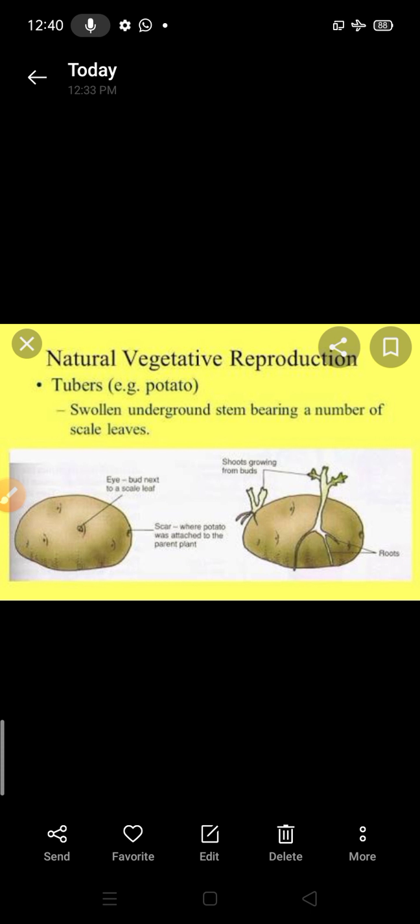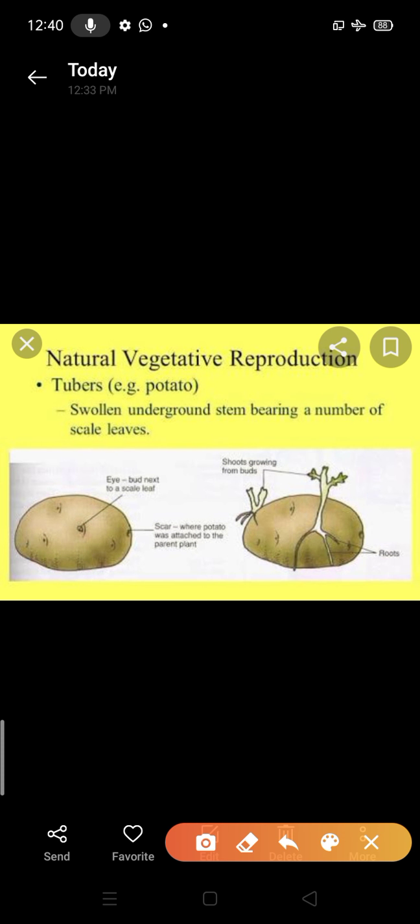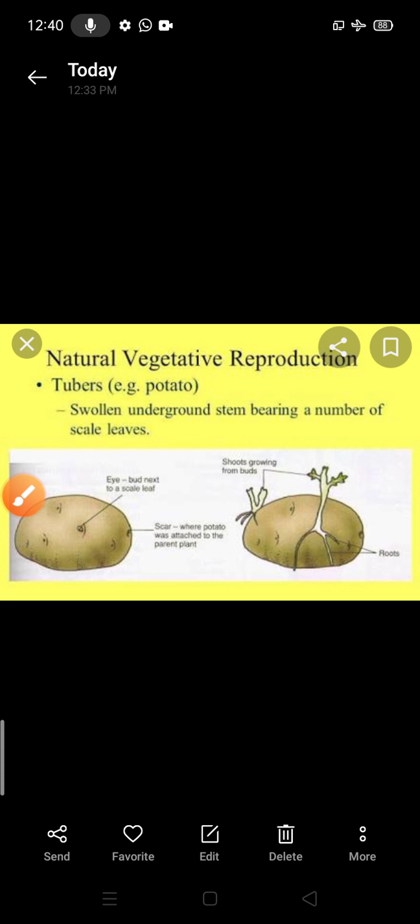So it is not necessary to plant the whole potato. If you cut this potato in several pieces, clear? Each and every piece is able to develop a new plant. It's about the vegetative reproduction in potato tuber. Clear? As I told you, in bryophyllum also,